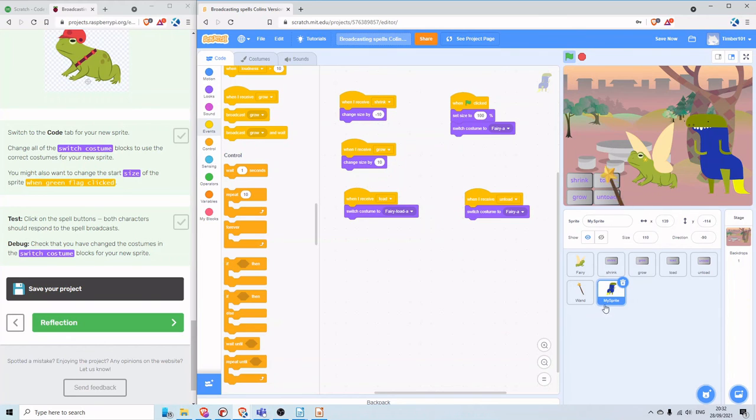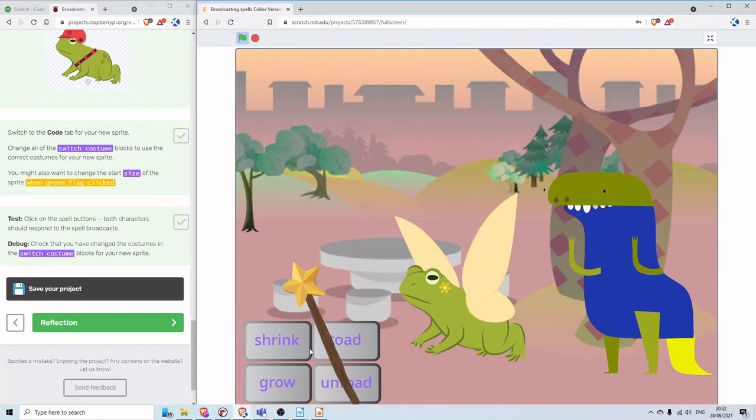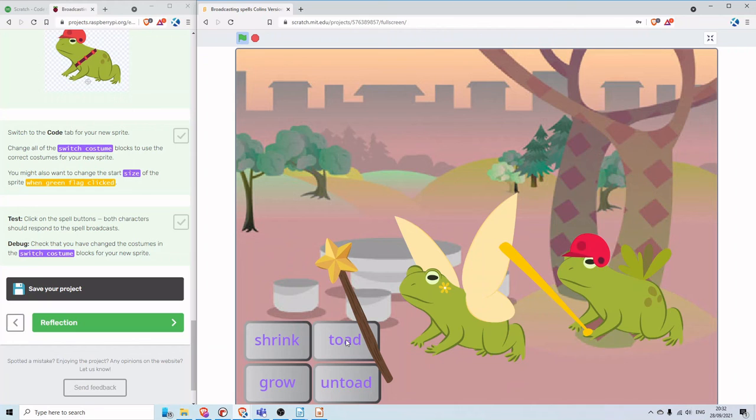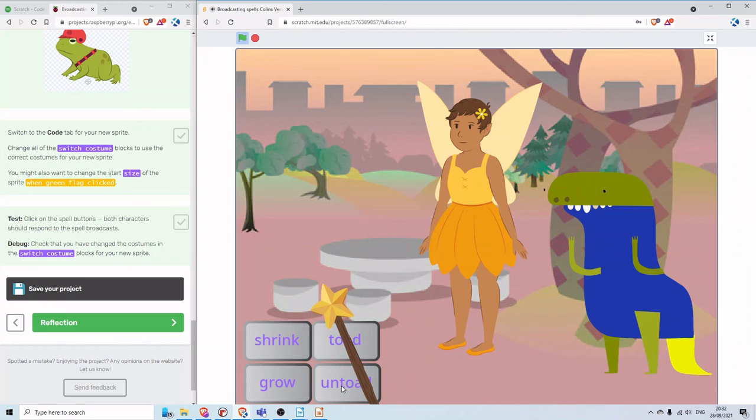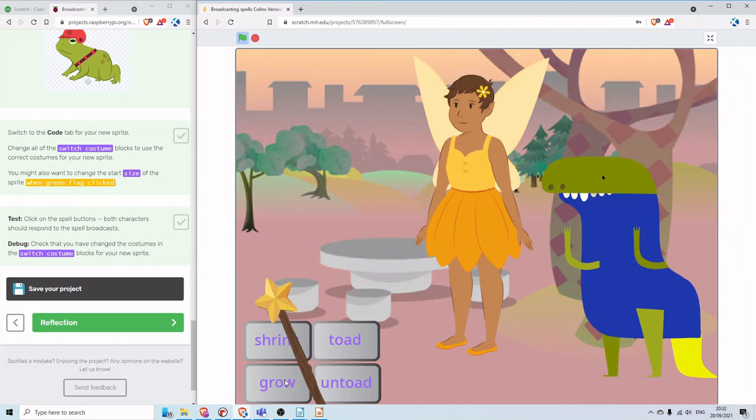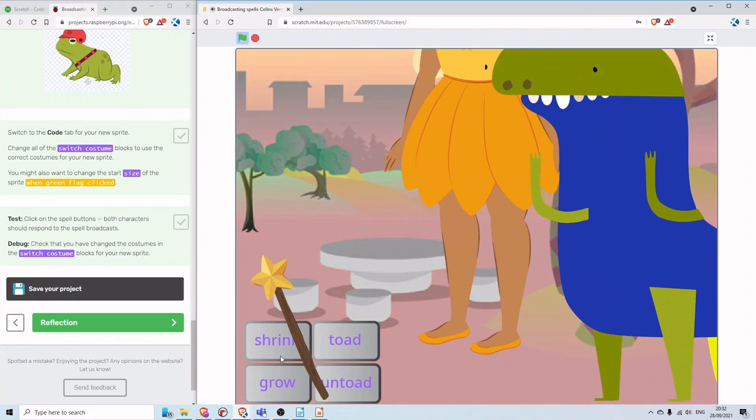So making sure I've got my sprite clicked, when I receive toad, I'm going to go to Blob Weird, and when I receive untoad, I'm going to go to Blob, and I need to change this one here so it starts off as Blob. Right, let's make it big. Toad, untoad, grow, shrink,